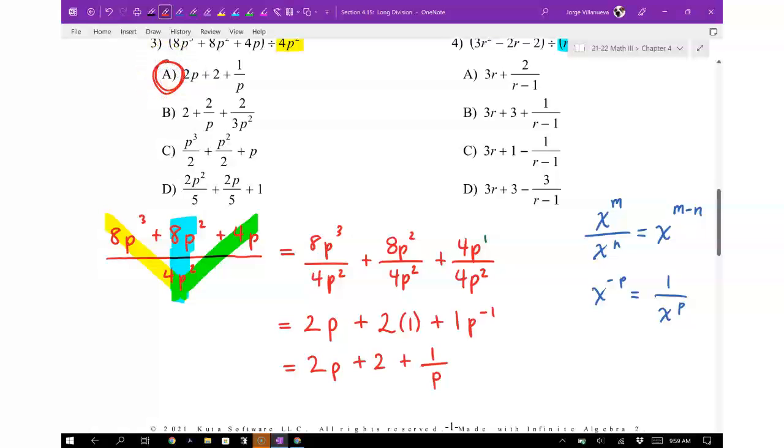Now, some people say these are the easier ones. I actually prefer long division over these, but a lot of people say these are easier for them. All you have to do is break it up. Just to show you, for question number 1,